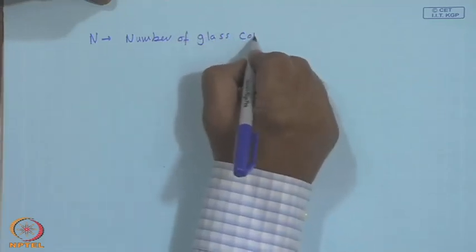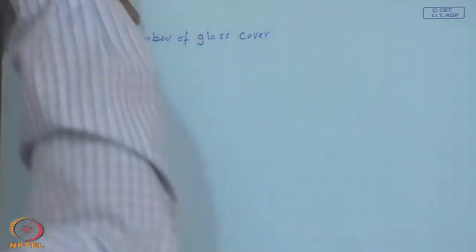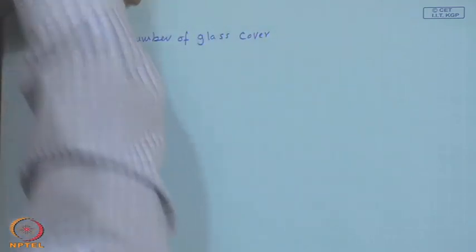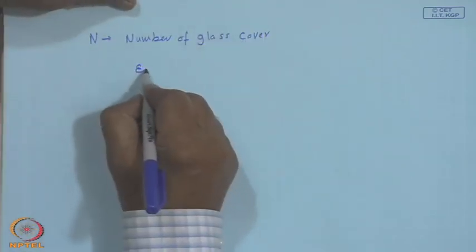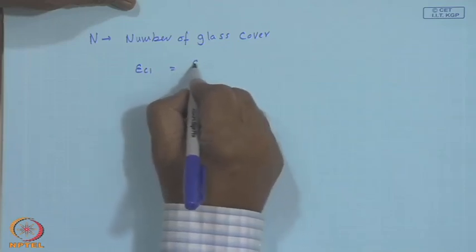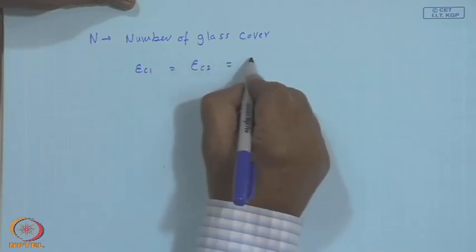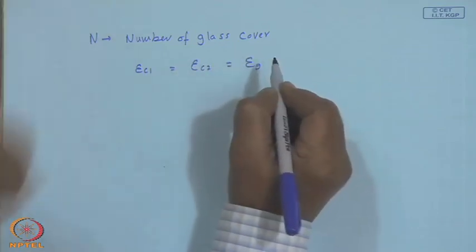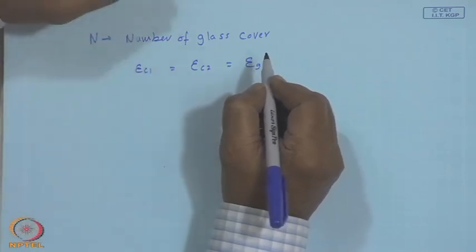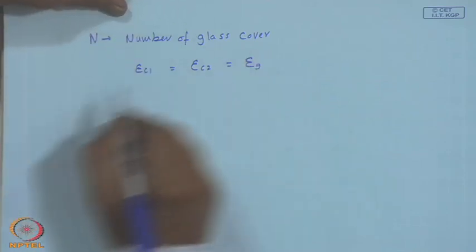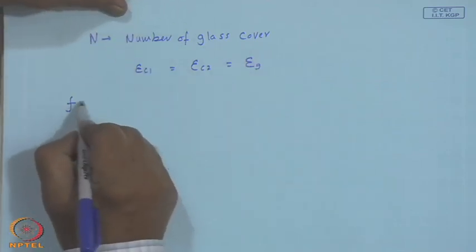So, you can calculate for 1 glass cover or 2 glass covers, but the assumption is epsilon C1 equal to epsilon C2 equal to epsilon G. The relation you will find is written in terms of epsilon G. Then F is another expression